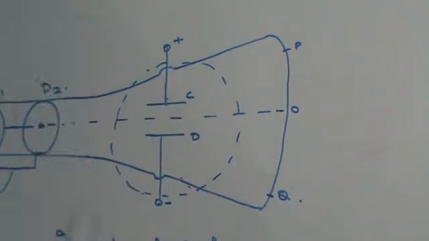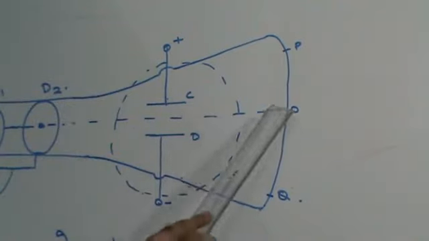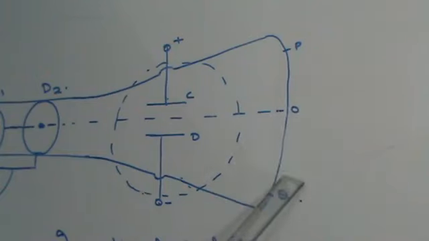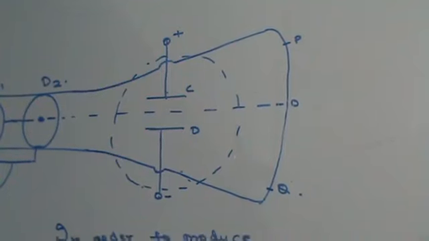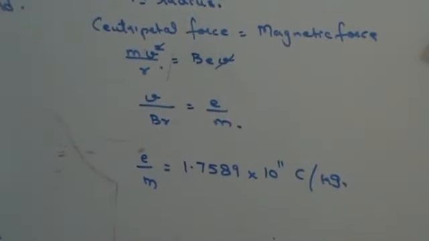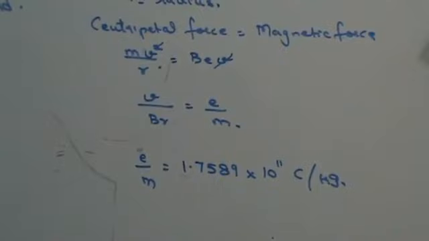Suppose I switch off the electric field, then there will be only magnetic field and this particle will move here. By just measuring this distance, I can find out the radius. So the radius of the circular path can be determined by observing the deflection on this fluorescent screen, and hence the value of e upon m can be determined